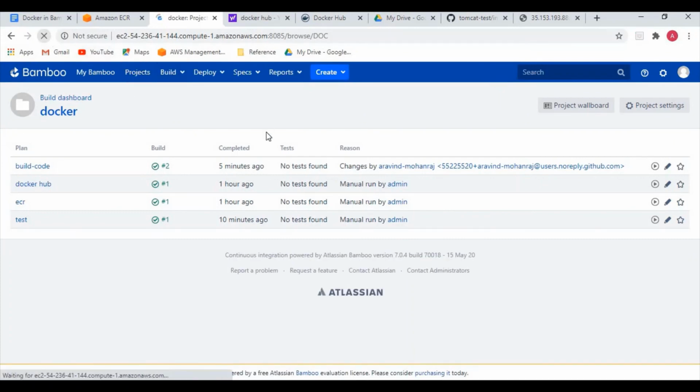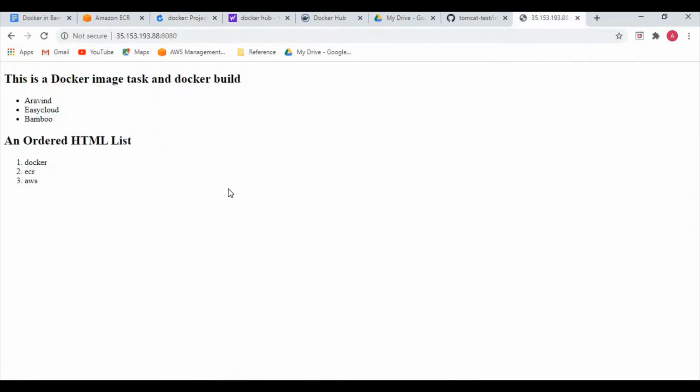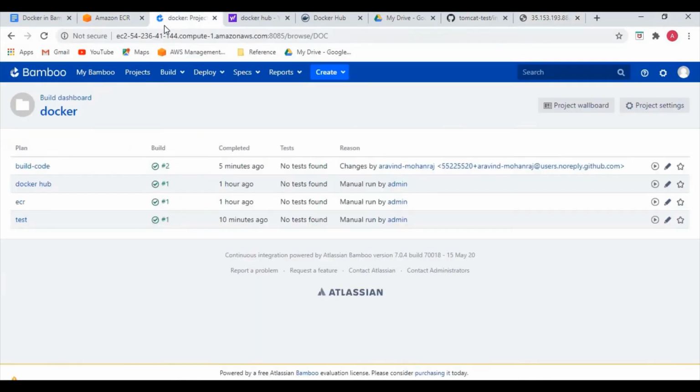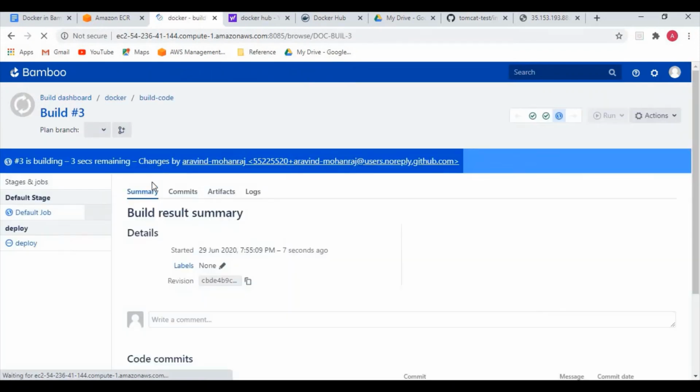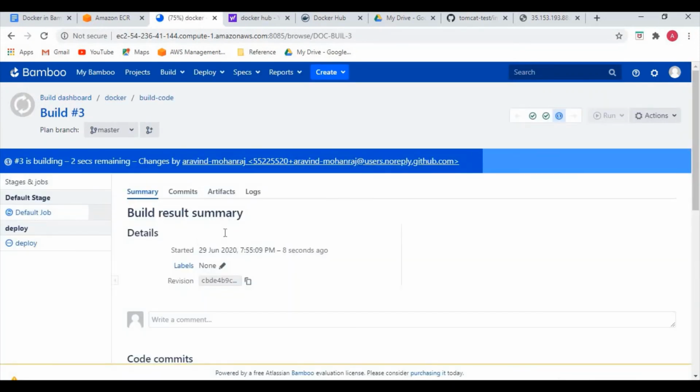It will take a couple of minutes to trigger the build here. And if you see here, currently this is the page. Whatever changes we made will reflect here once the build is completed. This time we are using the ECR image from AWS.